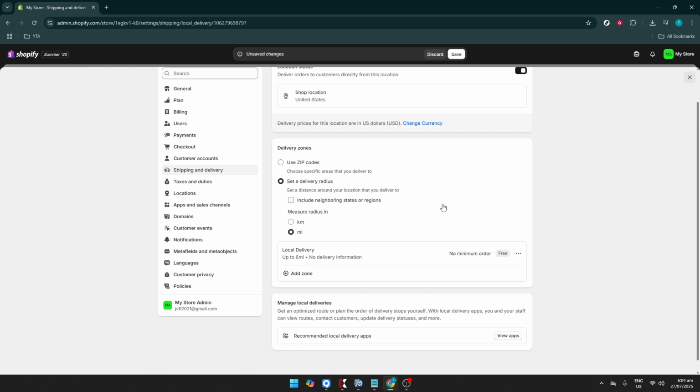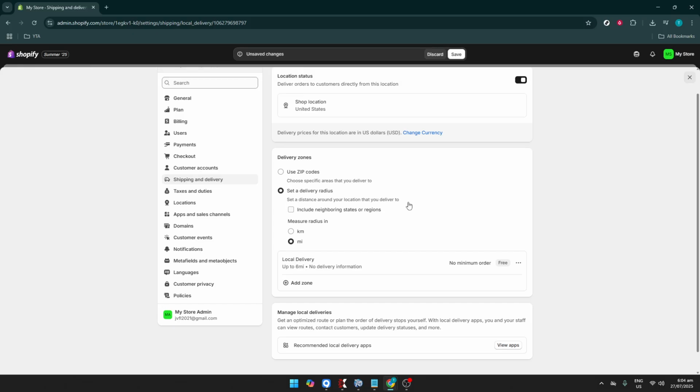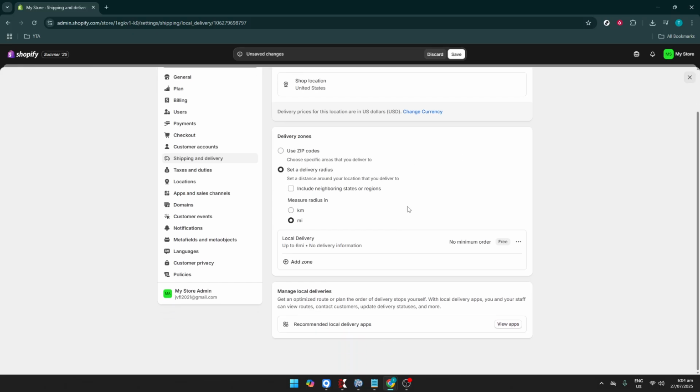Next, look for the Delivery Zones tab. This is where you'll delineate the areas you can deliver to within your chosen location. By specifying these zones, you ensure that your delivery promises align with the capabilities of your logistics. Ahead, you'll click on Local Delivery. This action will help to refine your setup for orders within your service area, giving your customers localized shipping options